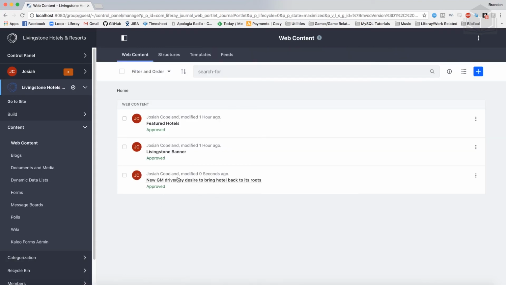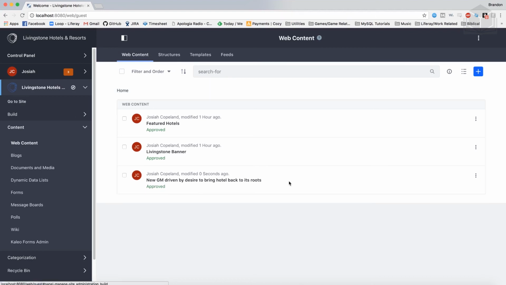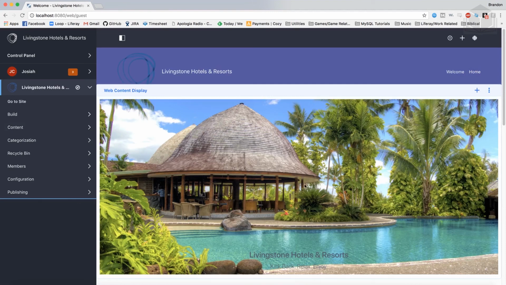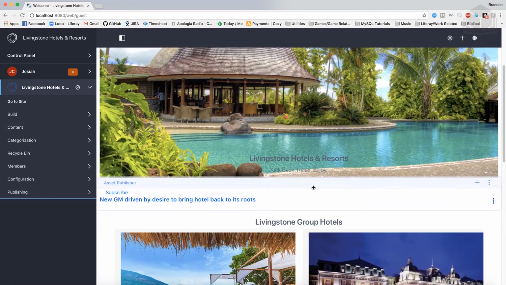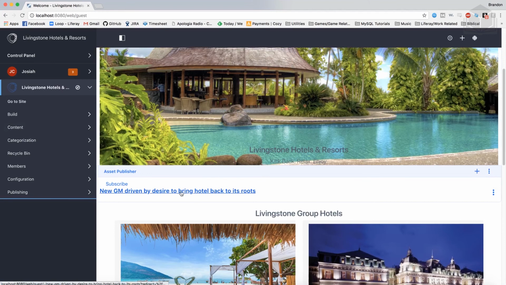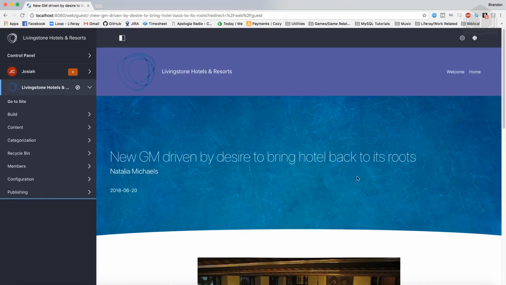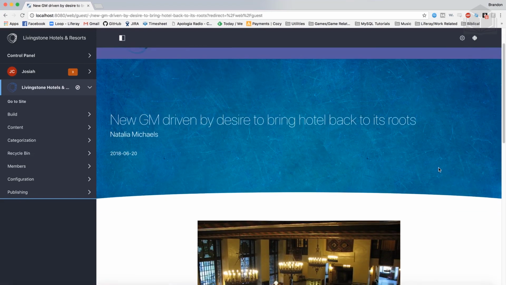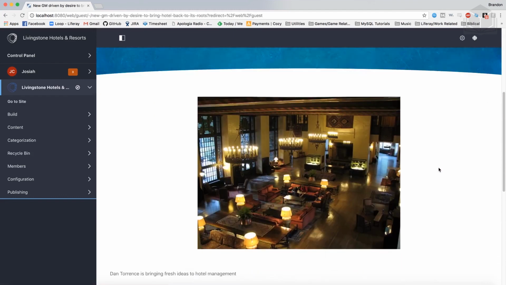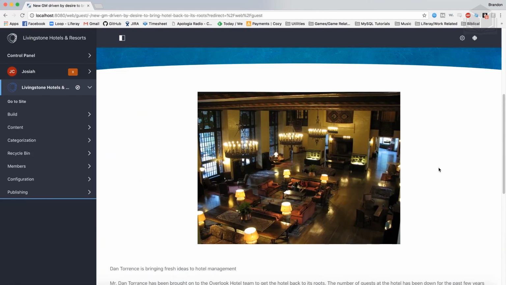All right, now that we have our new news article published, we can go ahead and test it all out. Go ahead and click on Go to Site in the Site Administration panel. We can scroll down to where we see the asset publisher, and we can see a new link to our new news article. Go ahead and click on that. All right, and it's going to bring us right to our new page where our article has been mapped to